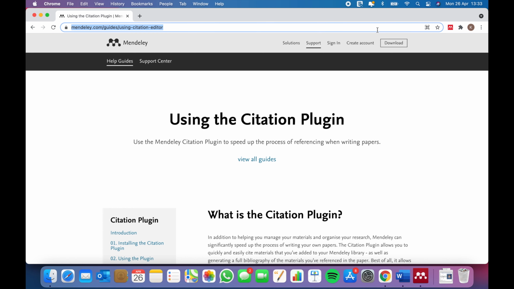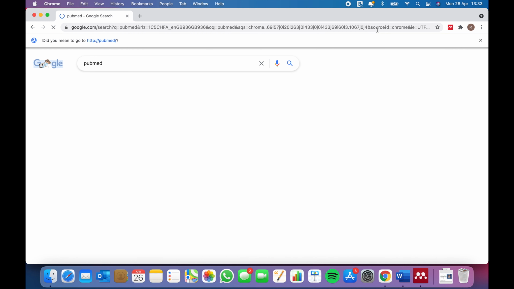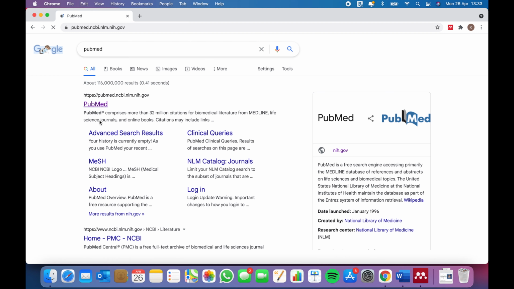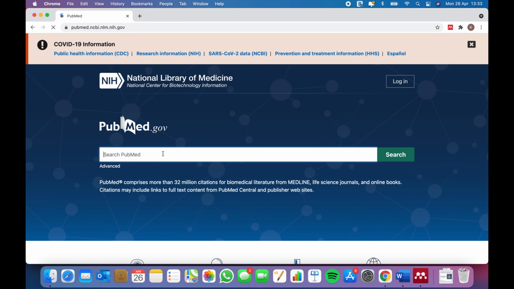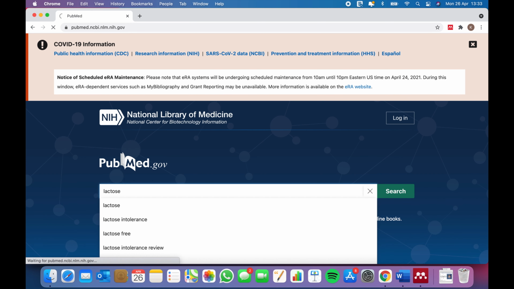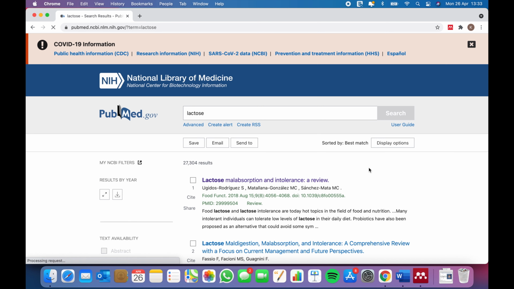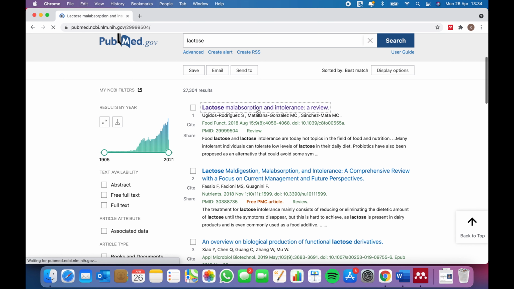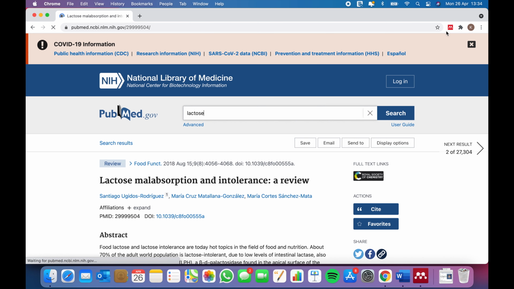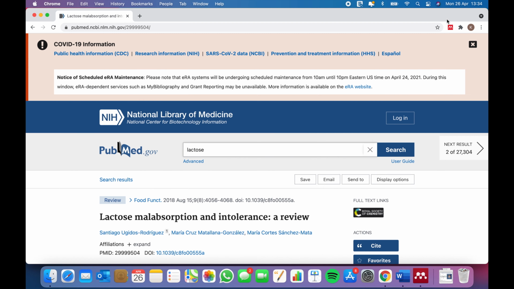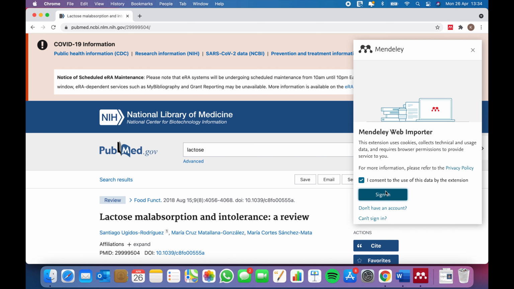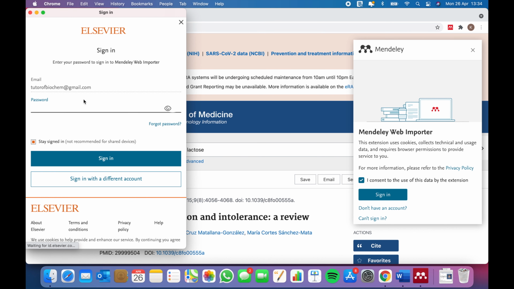So to give you an example of how to reference using this, let's go on to PubMed. And let's just type in something that we're interested in, for example, lactose intolerance or lactose, whatever. I'm just going to click the first article here that shows up. So you click this, and once you have the plugin installed, you can click the top right hand corner, and it will ask you to sign in and consent to the use of this extension. And if I just log in,